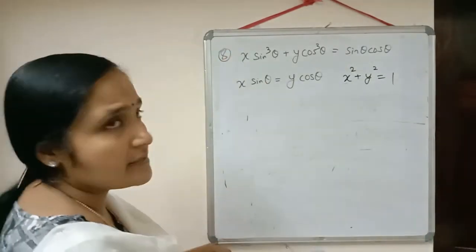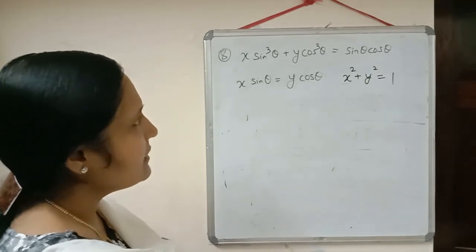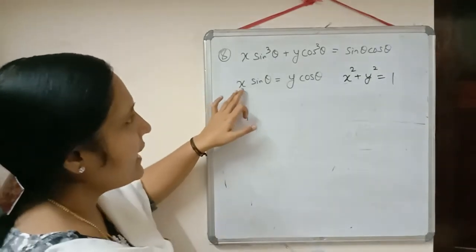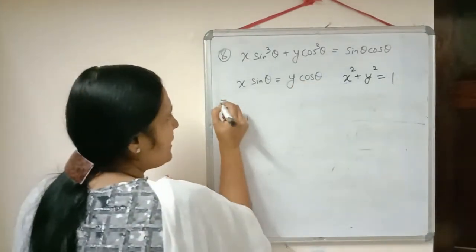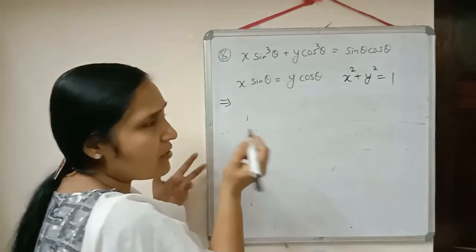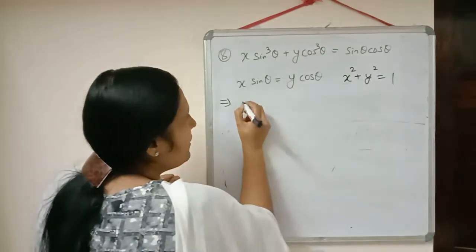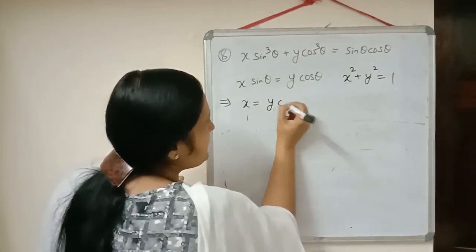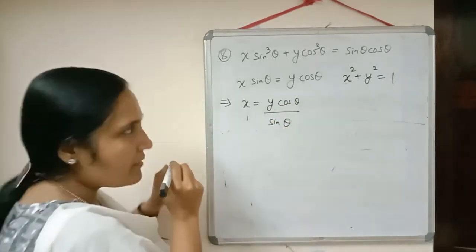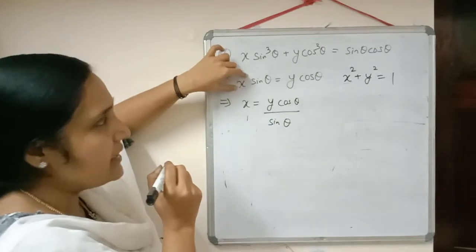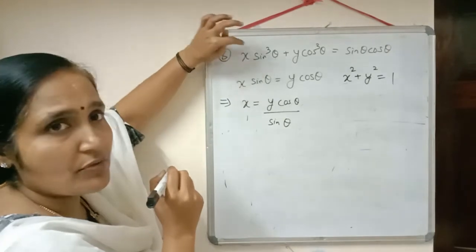And these two pieces of information are given. So from this given information, x sin theta is equal to y cos theta is written. So from here, either we can change x in terms of y or y in terms of x. Shall I change x in terms of y? Okay. So now how can we rewrite x? x can be written as y cos theta by sin theta. So from the second information we wrote x in terms of y. Now we will substitute the value here.